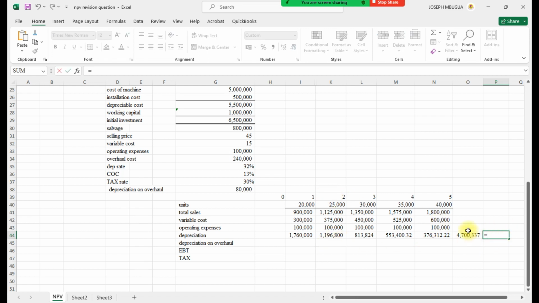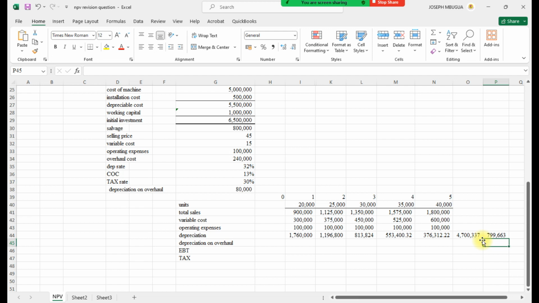If you are to find the balance, which is the salvage, what is remaining, the total accumulated is 4.7. This is just an illustration. The total was 5.5, the depreciable amount, minus the 4.7 accumulated. You are getting 799,663, which is an approximate of 800,000. That's why they arrived at the salvage value of 800,000, because the machine will not depreciate fully when you are using the reducing balance, as opposed to the straight line method,